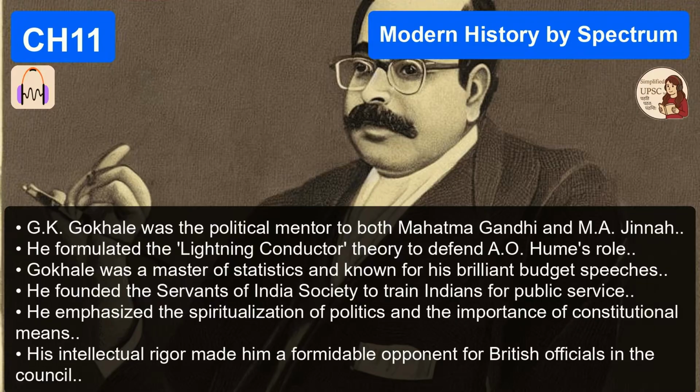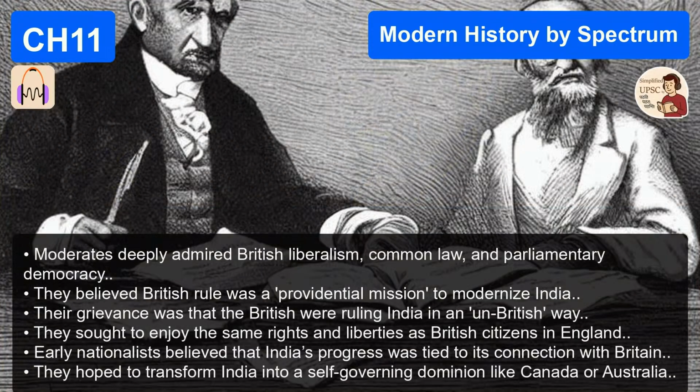And it wasn't just the financing. The moderates showed how the railways were actually used geographically. They weren't built to connect Indian markets to each other to foster internal trade. They were built to connect the deep agricultural hinterlands to the major seaports. To suck the raw materials out. To extract raw cotton, jute, and food grains out of India as fast as possible, and to pump cheap British manufactured goods from the ports deep into the Indian interior. Which completely destroyed the traditional Indian artisan class and the weavers. Absolutely devastated them. So the railway wasn't a benevolent gift. It was the main artery of the economic drain.